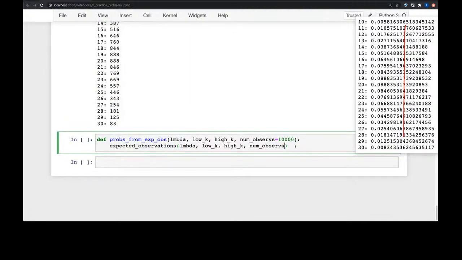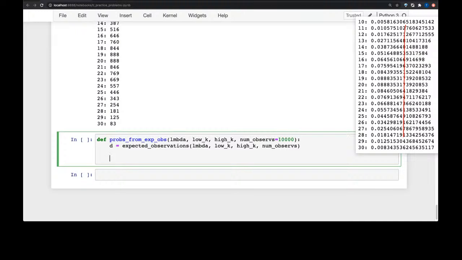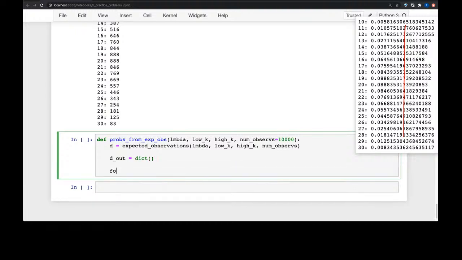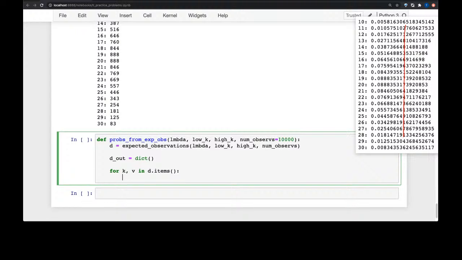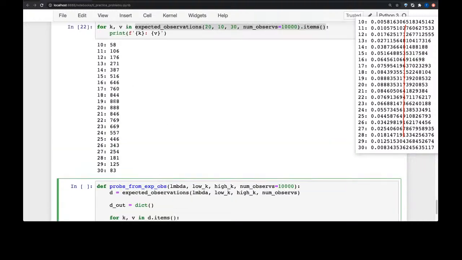And that's just going to take those same values, and I'm going to get the dictionary from that. And what I'll do here is, I'll make this d out, and I'll say for key, value in d.items, we're going to take each of these values and divide it by,